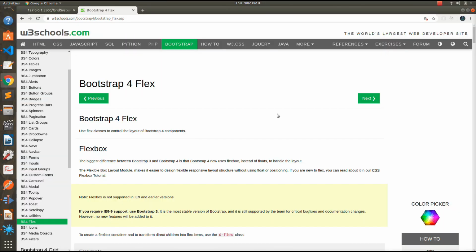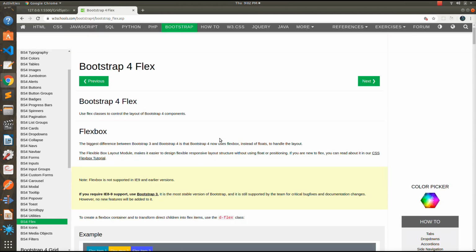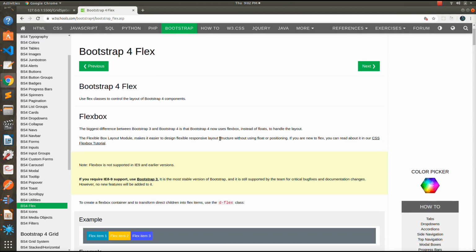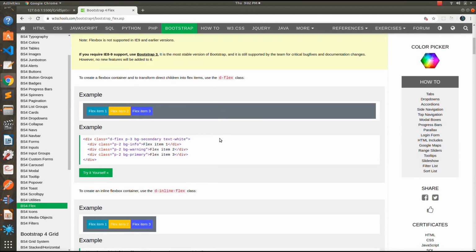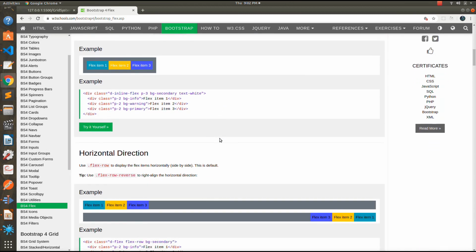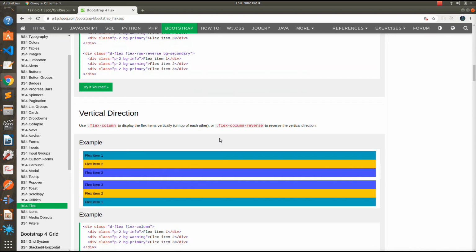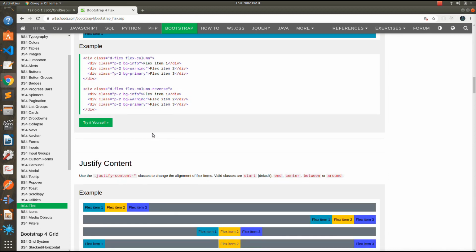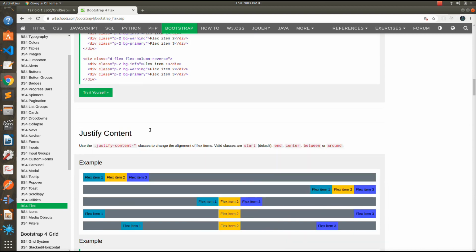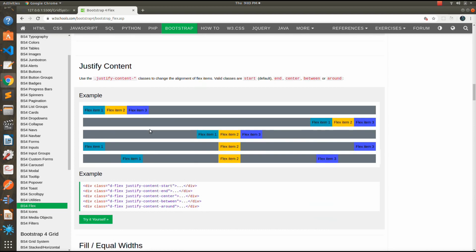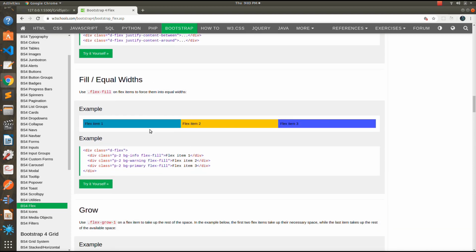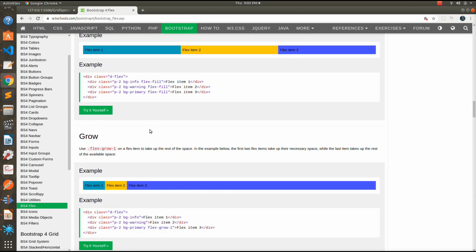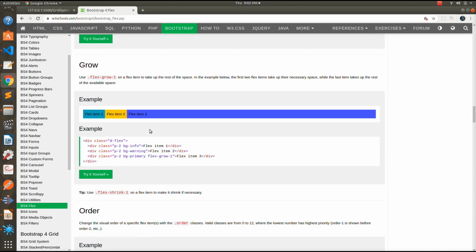So I have opened this Bootstrap 4 Flexbox utilities component here in W3 Schools. You can go through this, and you can see many other more features that you can perform using this Bootstrap and other things. You can do this in vertical direction as I have shown you already, and you can also use this flex reverse option that makes the changes in the reverse order. So you can go through this and see more things that you like, and more classes that you can add to your contents to make them align properly.